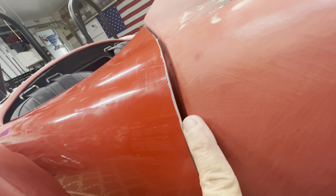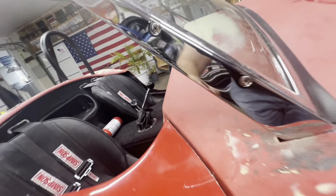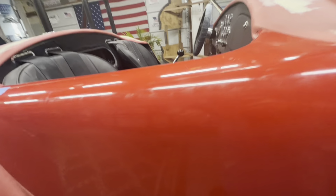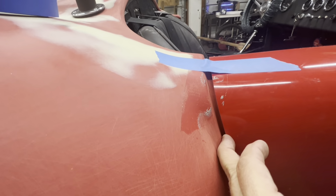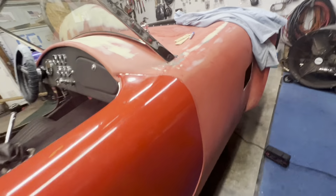This is obviously gapped out, but that's because that piece right there won't allow it to line up. So I'll knock that off probably right away. I might even do that before the door's off. But over here, I got probably a little more than I should in the gap, but we'll see how it goes once I get this off and everything. But what I got going on,